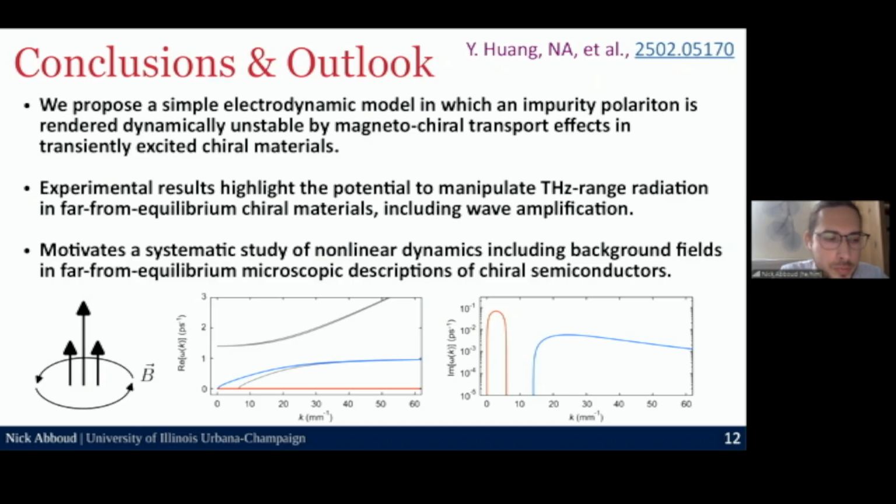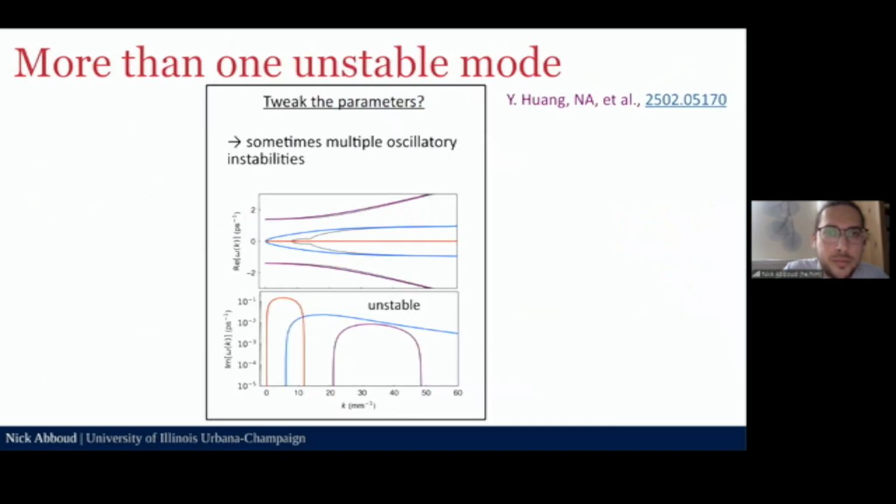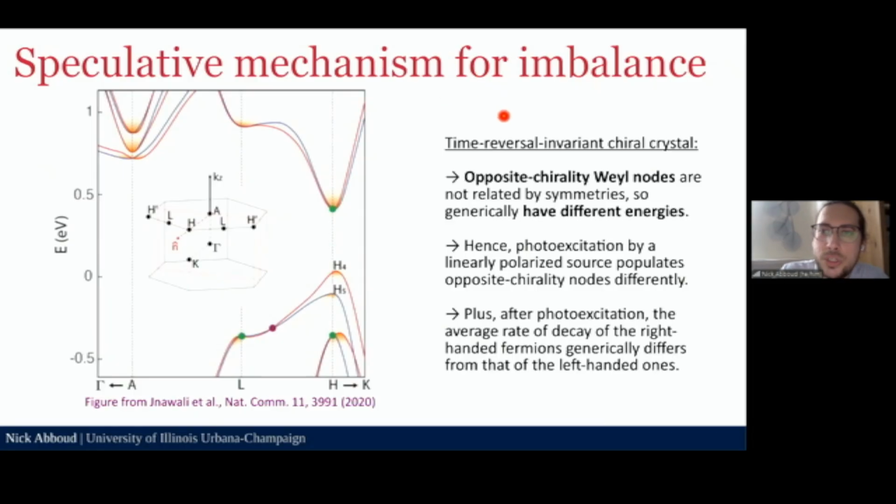First of all, from the symmetry perspective, this would be symmetry allowed. Even so, I would say the chirality of the crystal structure gives the electron distribution chirality. But I can point to a specific speculative mechanism for generating a chiral imbalance. Tellurium is a time reversal invariant chiral crystal. This means that opposite chirality Weyl nodes are not related by symmetries, because time reversal invariance says that the Weyl nodes come in pairs with equal energy, but it relates pairs of the same chirality. So in principle, Weyl nodes with different chiralities can have different energies, and therefore, even by a linearly polarized pump, we expect they can be